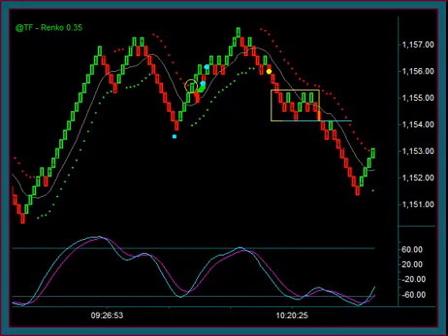There's the red, green, red brick pattern. It syncs with MEX rolling back over, and I sold the yellow dot as an add-on to yellow dot 1. And